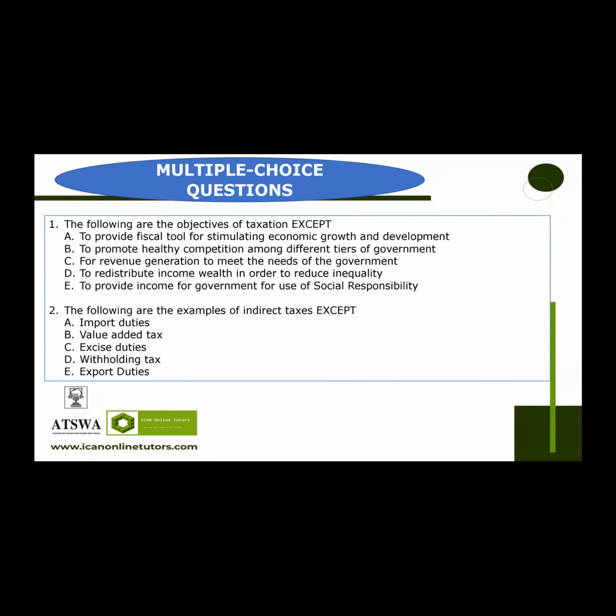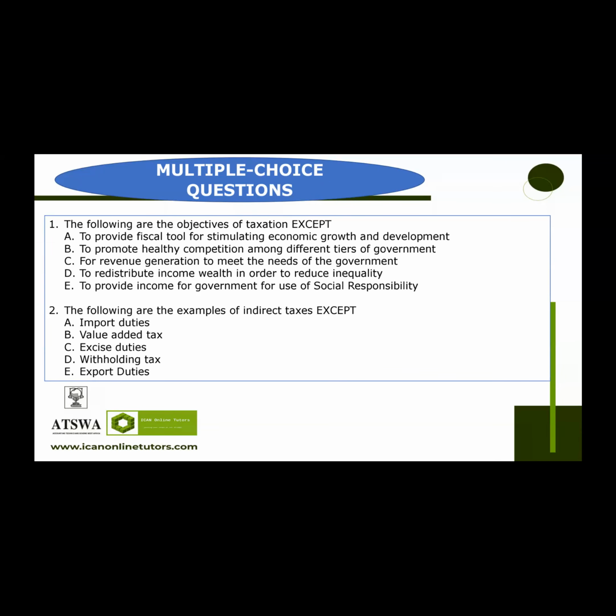So all of the options are objectives of taxation, except for B. One of the objectives of taxation is not to promote healthy competition among different tiers of government. So why are they competing? Who are they competing for? So that's not